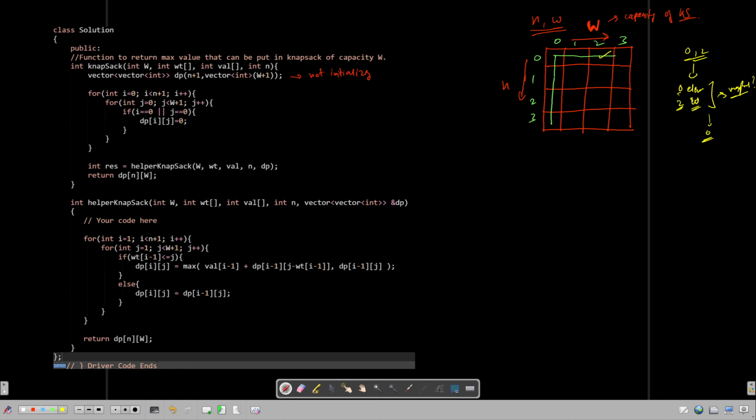If we have to put one element, we can't put it. Two elements we also can't put. Three elements we also can't put. So this whole row will be 0. So this will be initialized as 0 0 0 0 0. That's what we are doing in this step. Whenever i is equal to 0 or j is equal to 0, we are putting zeros over here. So this is the initialization step